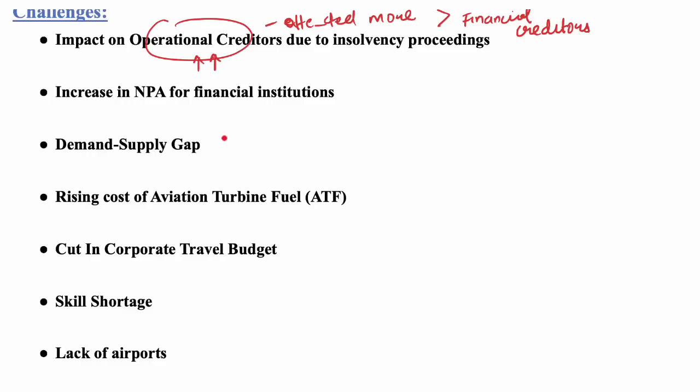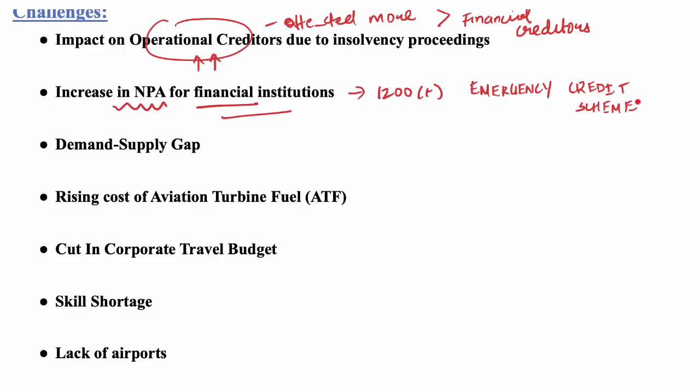So the operational creditors are likely to face more worry from this recent bankruptcy. The second thing that this Go First airline case will create is an increase in NPAs, or non-performing assets, for the financial institutions. Go First has recently borrowed a sum of 1200 plus crore rupees under the government's emergency credit scheme. The total liabilities to all creditors, including dues of banks, financial institutions, etc., range close to 11,000 crore rupees. So, the failure of Go First Airlines will further increase the NPA pressure on the